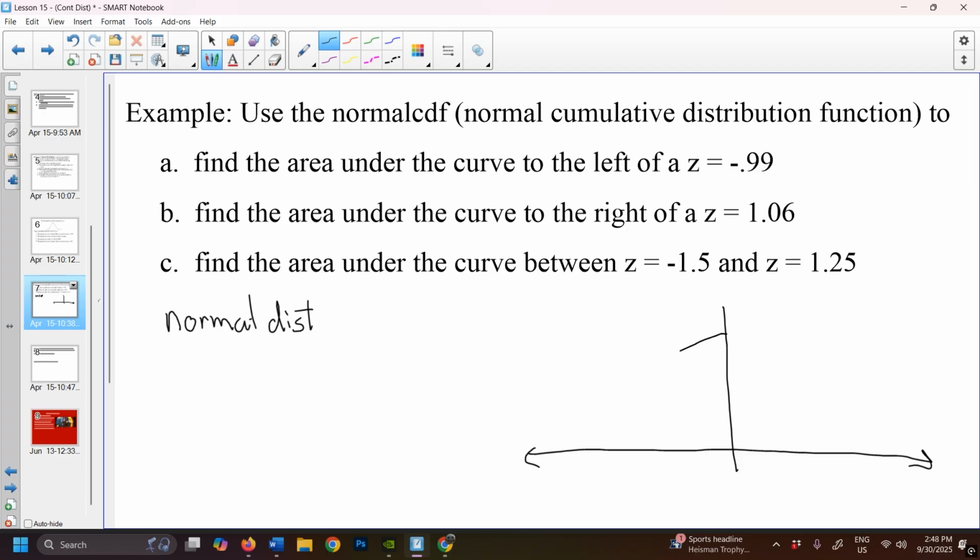Now, the standard normal curve looks a little bit like this, where it has a mean value of 0 and a standard deviation of 1. The area under the curve to the left of a z-score of negative 0.99 would be here on the x-axis, and we are trying to find the area under the curve of this. Now remember, the area under the whole curve is 1, so this will be something less than that. So let's go to Desmos,